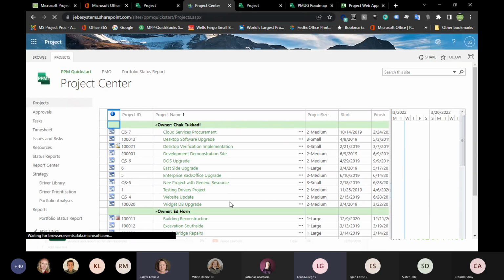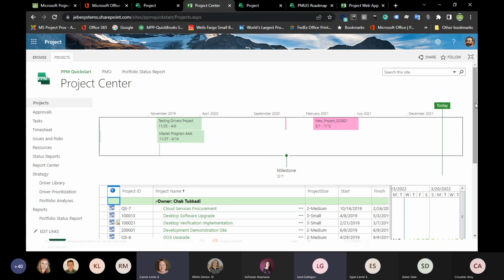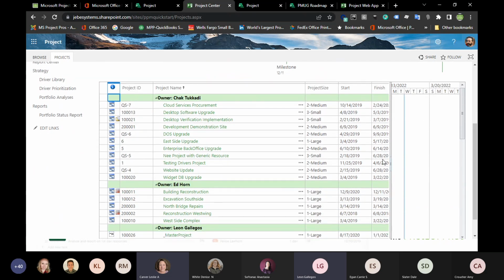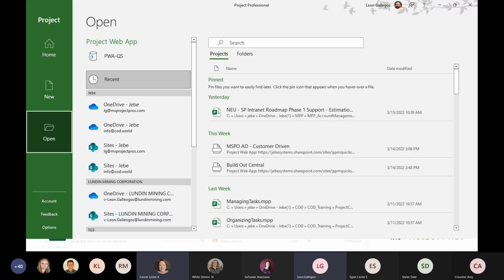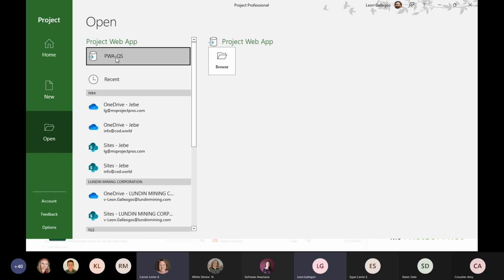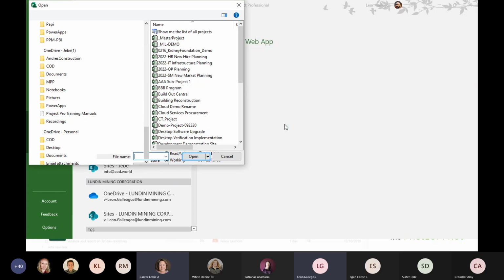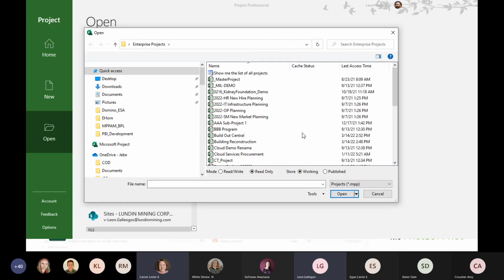And that's going to take me just simply back into the project center. Now, these projects are also able to be managed in Project on the desktop. So as I pull that up here, right, here's Project. It's already launched. And so Project on the desktop is really designed for all the heavy lifting of your project schedules, right? This is what your typical project manager end user is going to want to be able to work with as it relates to their projects, right?